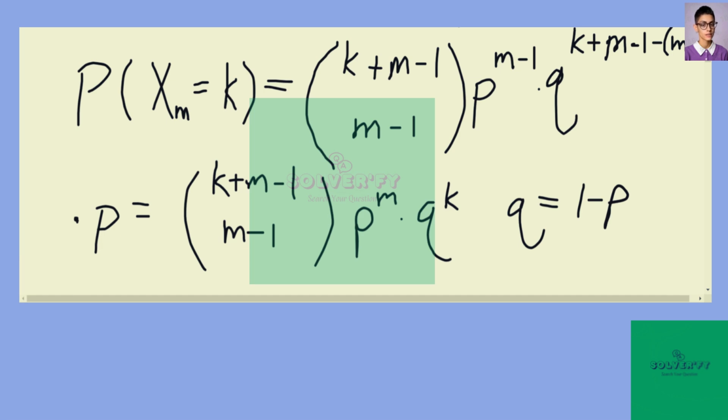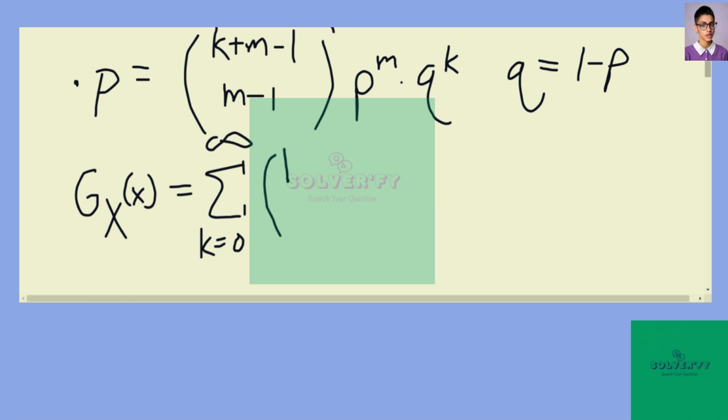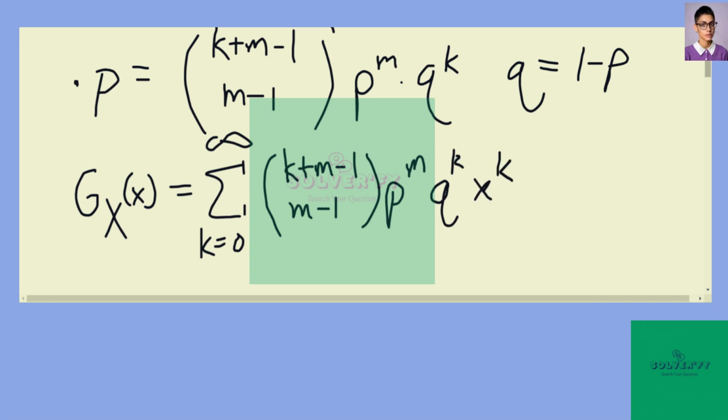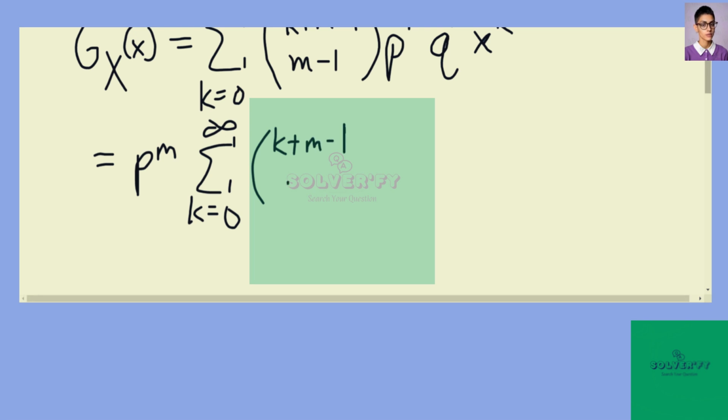And so the probability generating function for X is G_X(x), the sum from k equals 0 to infinity of k plus m minus 1 choose m minus 1, p to the m, q to the k, times x to the k, which we can rewrite as p to the m times the sum from k equals 0 to infinity of k plus m minus 1 choose m minus 1, (qx) to the k,